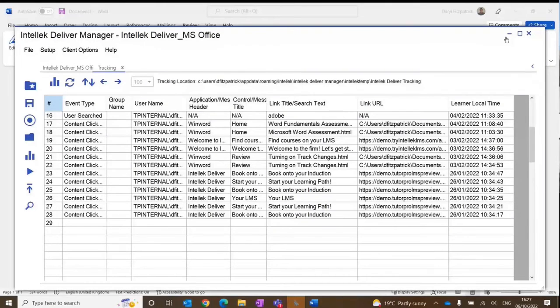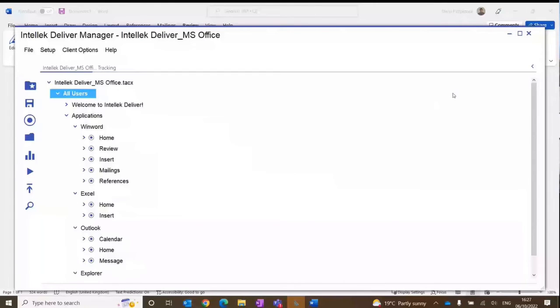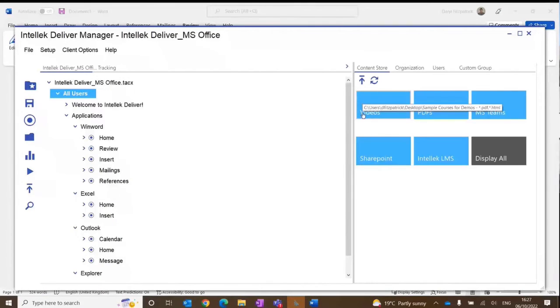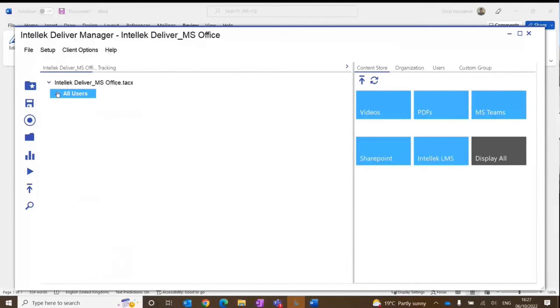So what you can do is identify users as well as certain applications, and then you can create those custom groups, and then you might want to make something else available to them as a cohort, basically. So you might create a group that says something like Word users, and you would use that tile to then promote something like the